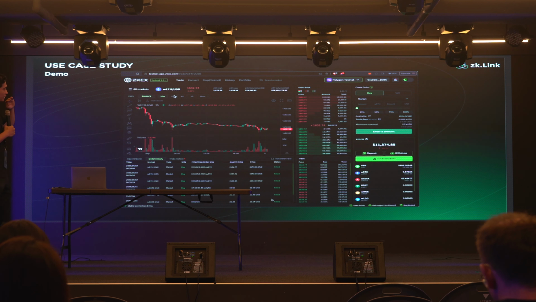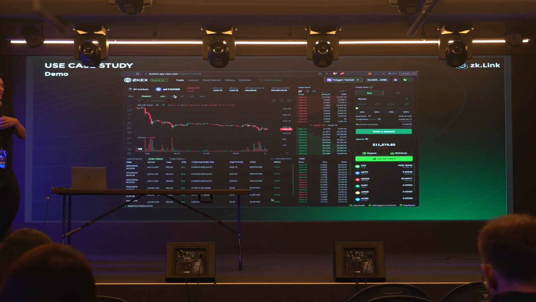What is important for this application is that they offer a user experience similar to centralized platforms, because you can trade at one stop tokens and assets from different ecosystems. There are 10 mainnets integrated right now, so you don't have to move your funds among these 10 different networks. You can just deposit whatever tokens you have from these 10 supported networks to this platform, and buy whatever tokens are listed on this platform.